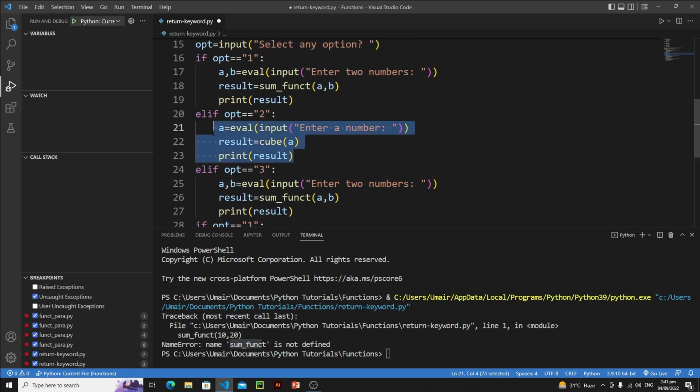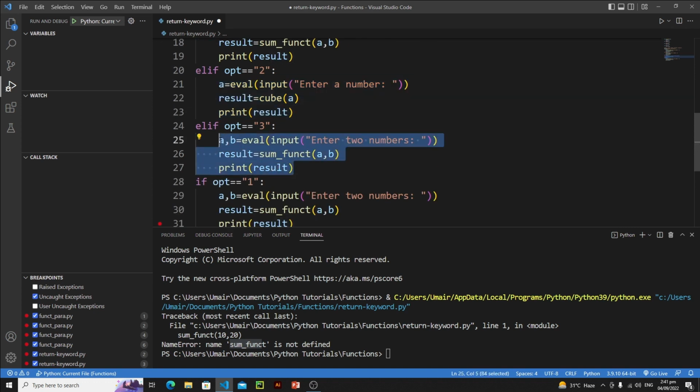So again, I'll ask the user to enter a single number. Let me copy these lines, just paste them here, enter a number, and instead of cube, I'll say square, and